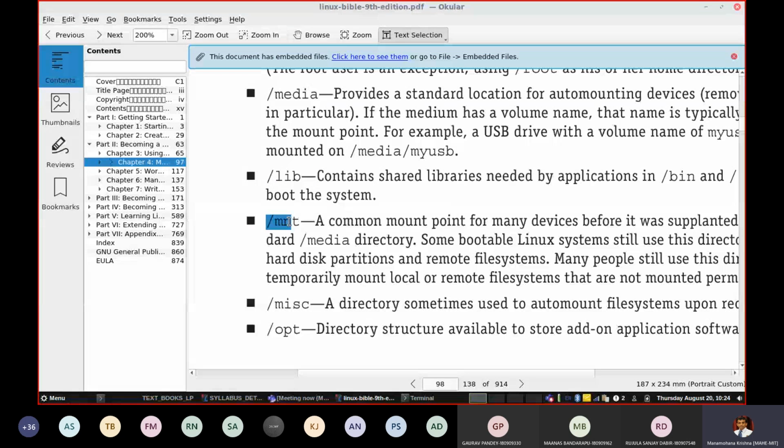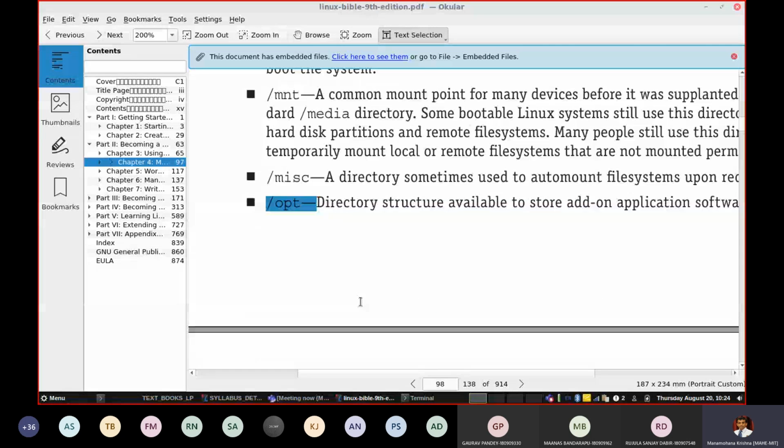Okay, these are the different folders. There are many more folders. Brief meanings are given. Go and refer to this also, and try to remember the purpose of each of these folders in a Linux operating system. Now,